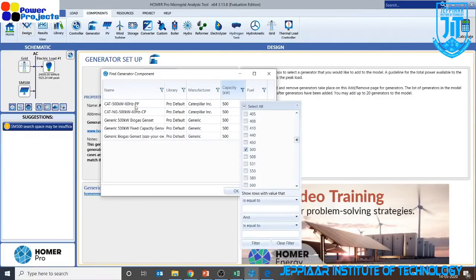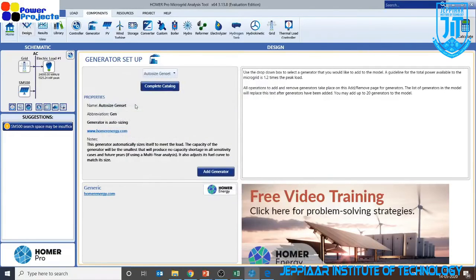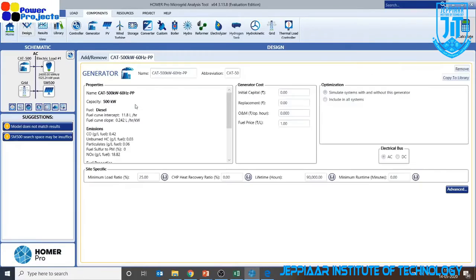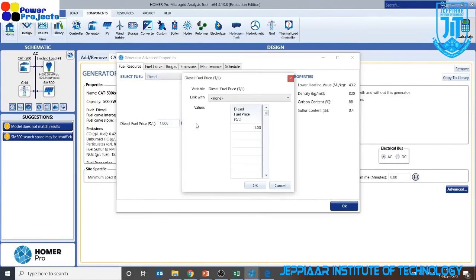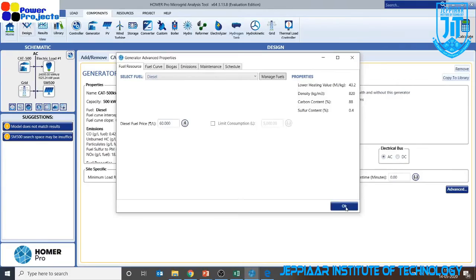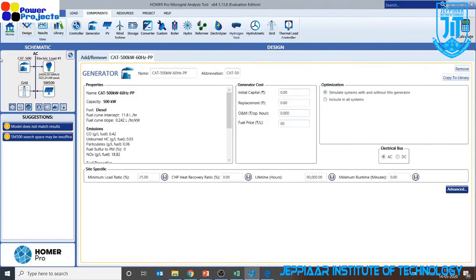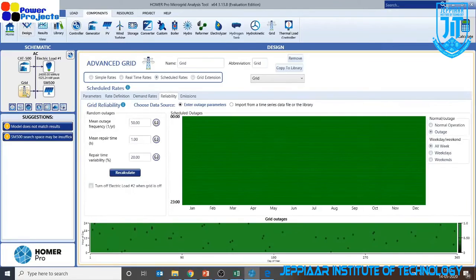The diesel cost may not be the same. Going to advanced, there is an option called fuel cost. The fuel cost does not necessarily have to be 60 rupees, and we do not know, it may change to 65 rupees, 70 rupees, 75 rupees, etc. That's not the only variable. I have given the example that the price of diesel can change. Similarly, the price of your grid can also change, and your load may also have some fluctuations.